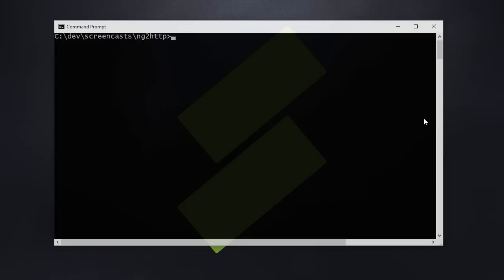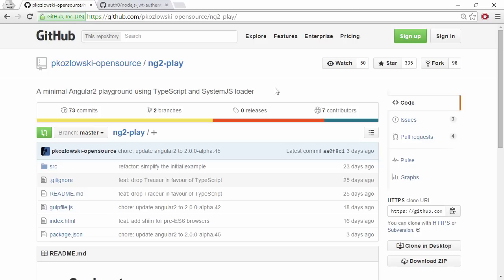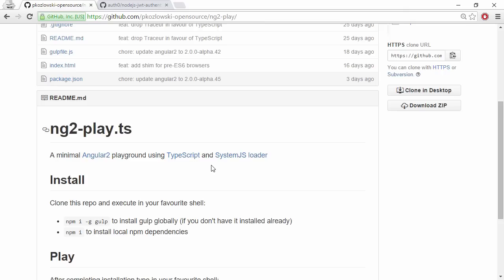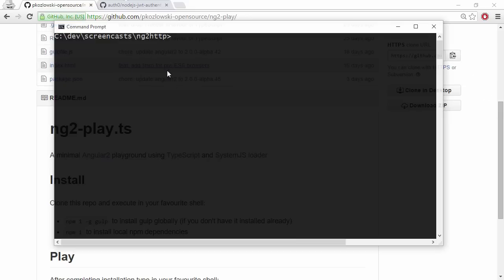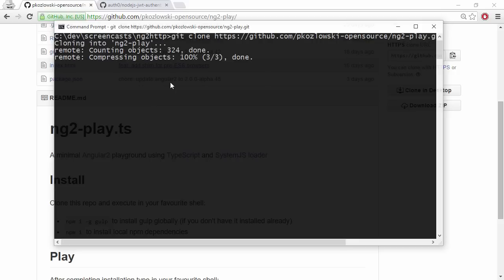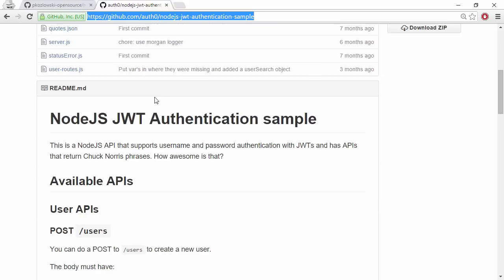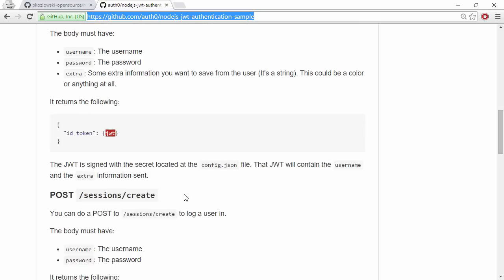Today we're not going to use my own ng2 play repo since I haven't had the time to keep it up to date. So instead we're going to use this pretty popular ng2 play repo until I've taken the time to update my own. We're going to start off by cloning this repo. We're also going to get the server side from an Auth0 repo